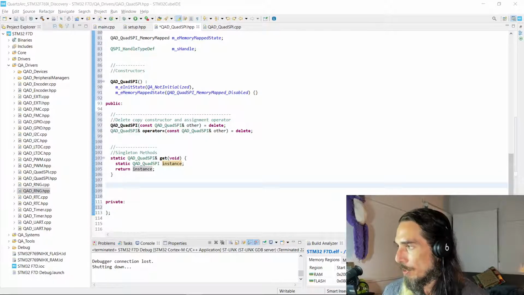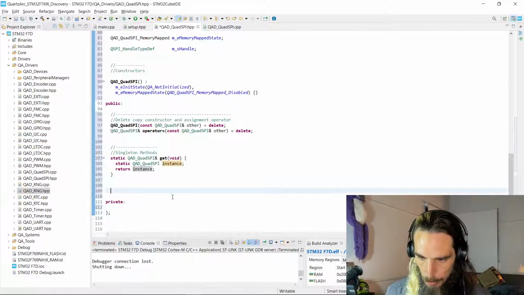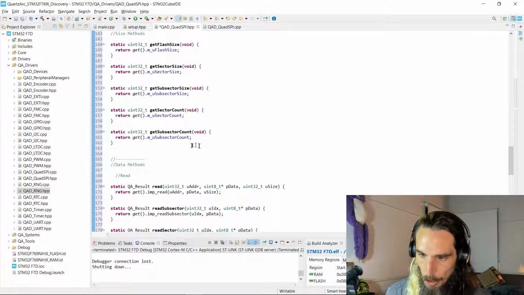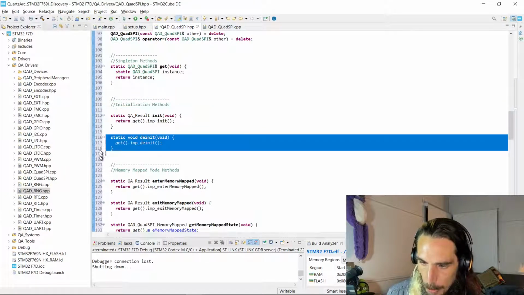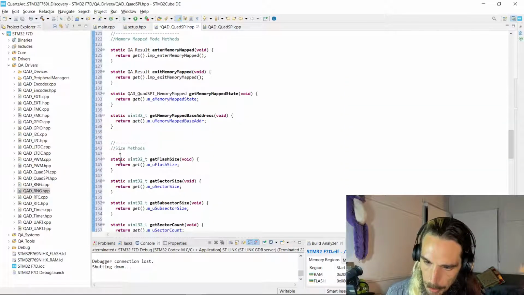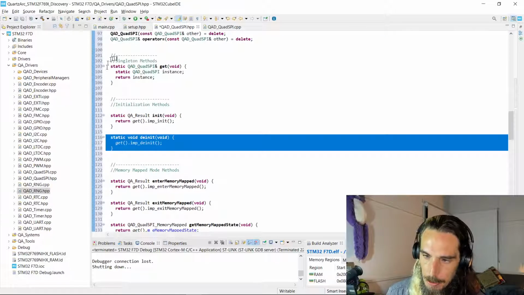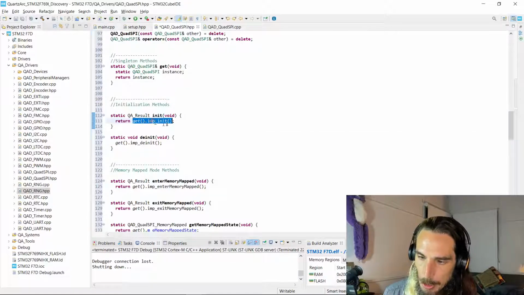So we're going to want a bunch of different methods to give us access to this one. So let's just go through and pop all of those guys in there in one go, and let's have a look at what we've got. So we've got our initialization and deinitialization method, and you'll notice all of these public methods are static so that they can be accessed as part of the singleton class, and they then go through and call their respective implementation